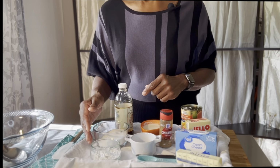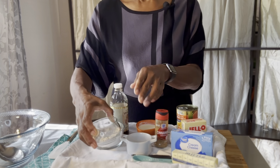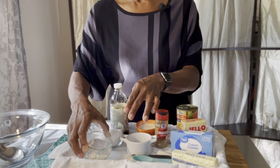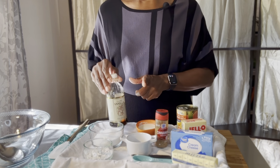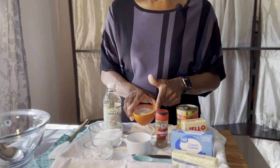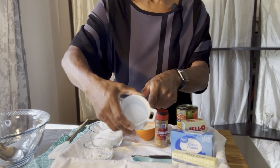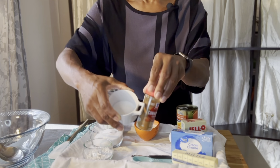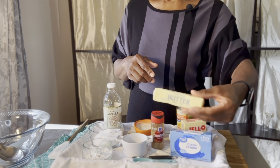Here are the items you would need to put your peaches and cream cobbler together. We're going to need some self-rising flour, granulated sugar, vanilla extract. I have a half a cup of milk here. In this bowl, I have some more sugar that I'm going to mix with my cinnamon. One stick of butter,